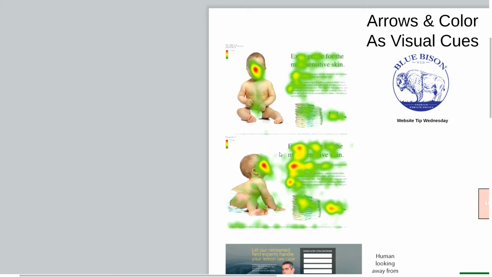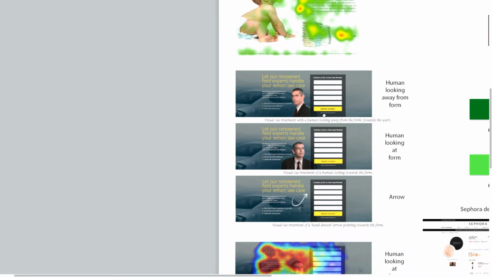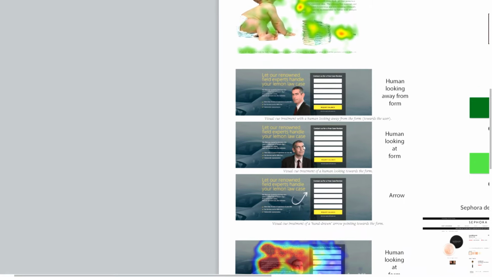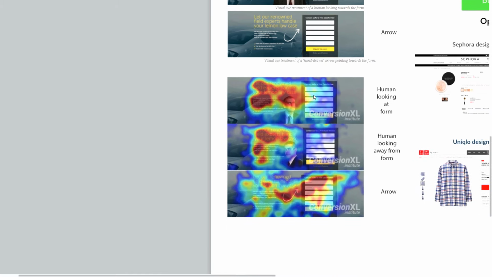Sometimes, this subtle cue is not enough and we want a more blatant, hey, look over here. This is when we would use an arrow. An organization called CXL did an eye tracking study and found that using a plain-looking arrow provided massive results. I'm not sure if this tip is silly and how obvious it seems, and that's why we've grouped a second